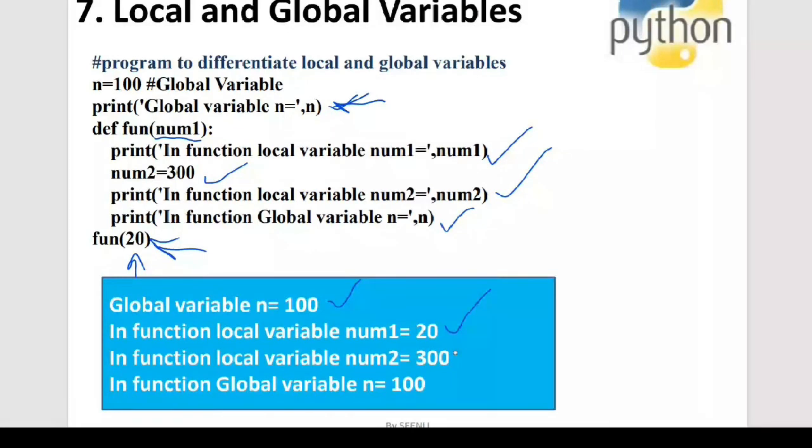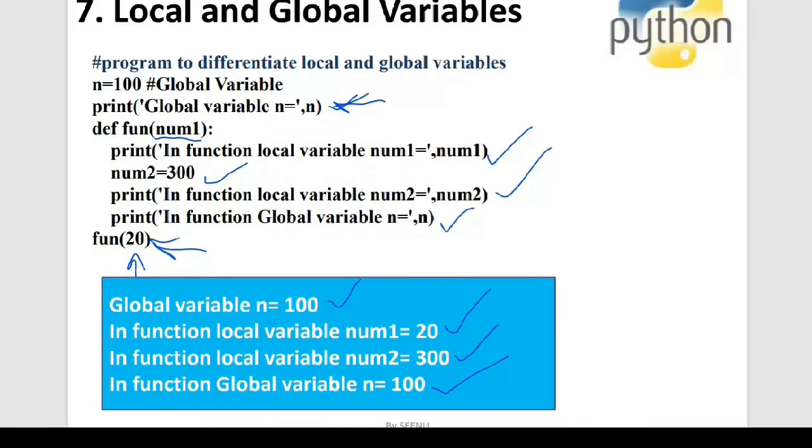And the global variable, I'm trying to access this global variable within the function also. This is another part of the program, but still n is available here. So I got 100 inside the function also. So this is the difference. I have so many programs to show you the differences between local variables and global variables, and I will also explain the scope very clearly in the subsequent programs. But as of now, just understand that this global variable can be accessed even within the function.